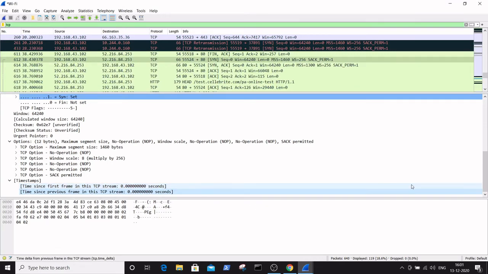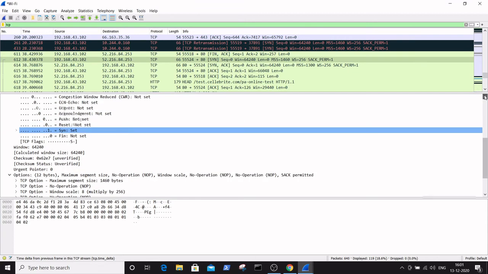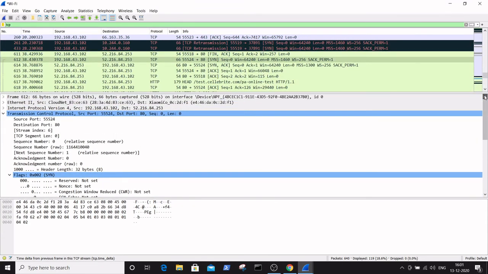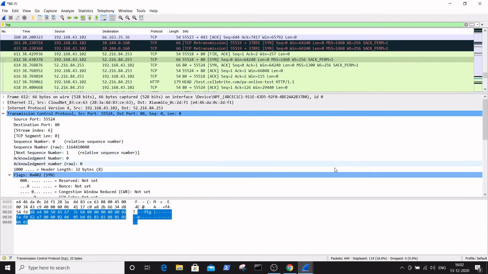These are the fields that are present in the connection establishment of the SYN flag TCP header. These are the complete parameters present in the TCP packet header, which consists of only the SYN flag to set up the connection establishment from client to server.